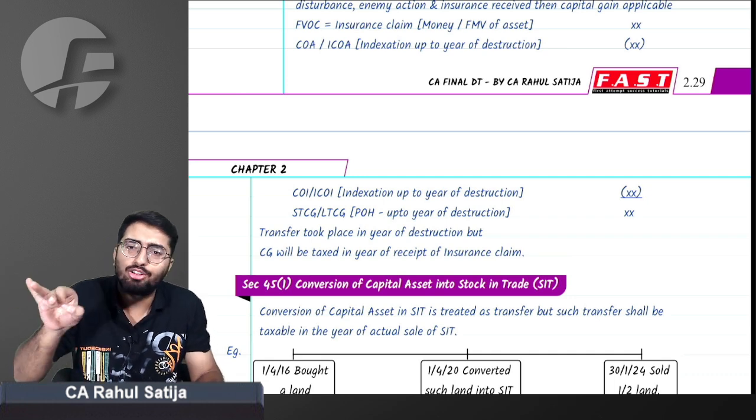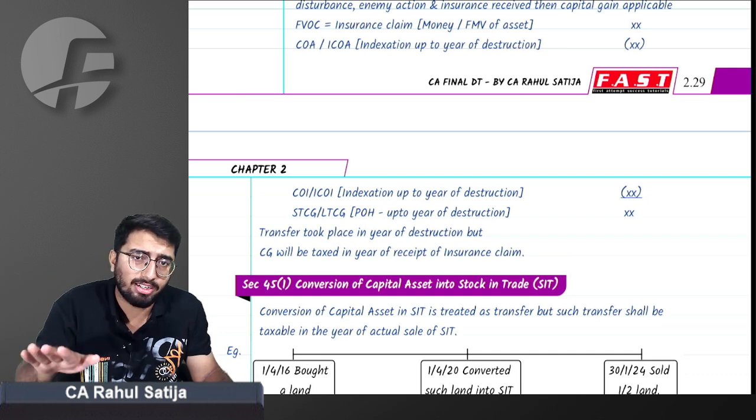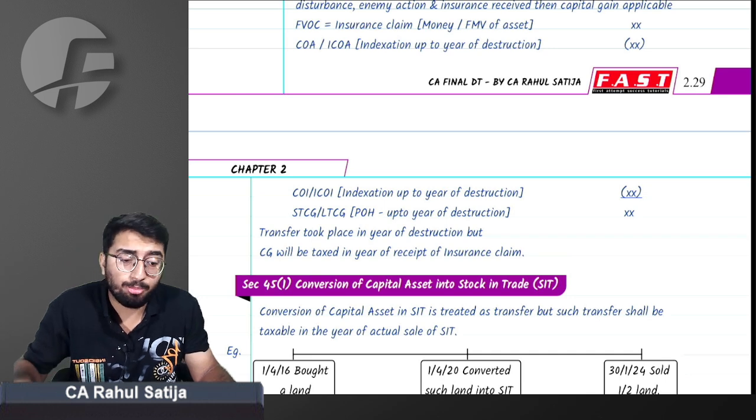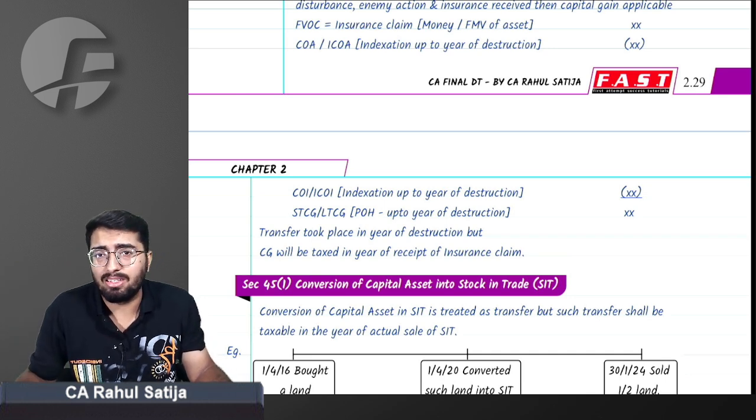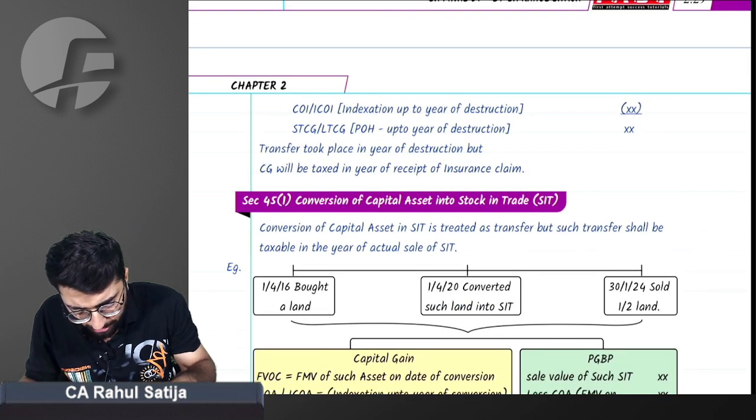We have studied that conversion of capital asset into stock in trade is termed as transfer. The definition of transfer clearly states conversion of capital asset is a transfer. So which means capital gain is leviable in case of such transfer. Yes, sir, capital gain is leviable. For example,